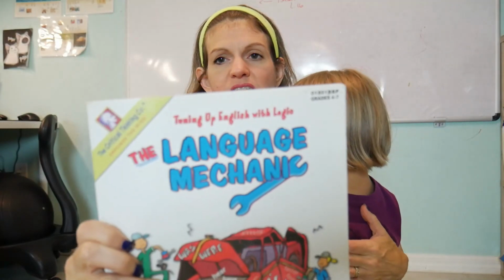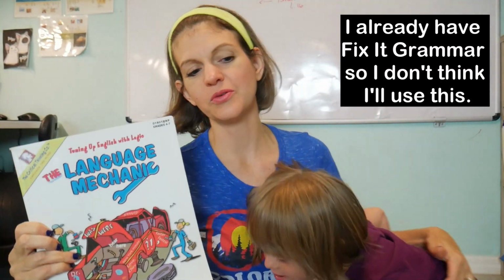Okay. So I also found this book from Critical Thinking Company. I have no clue if I'm going to use this since I have Fix It Grammar, IEW. So,